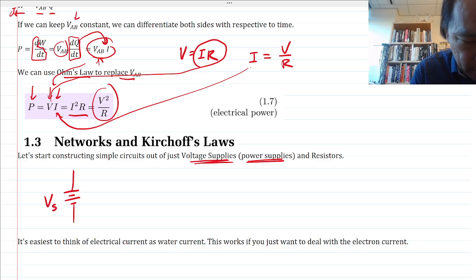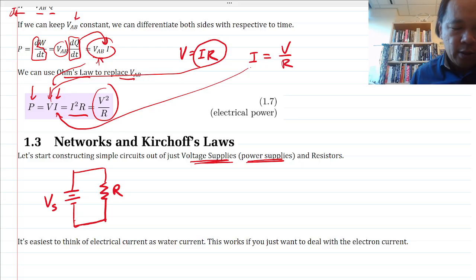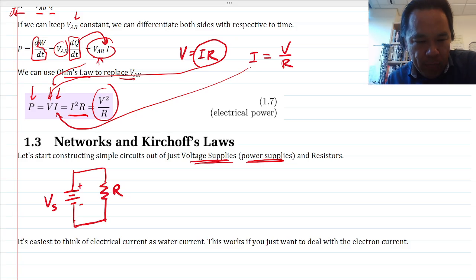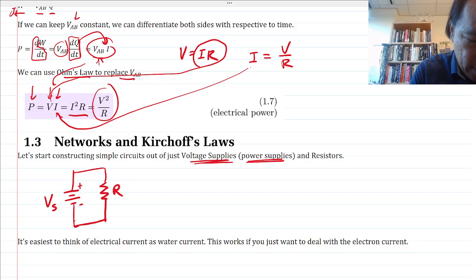Let's call it S. Let's say I connect this to a resistor with some resistance R, and I just connect the other end back to the negative end of the voltage supply. So this is the positive end, this is the negative end. This constructs a circuit. So what happened is that